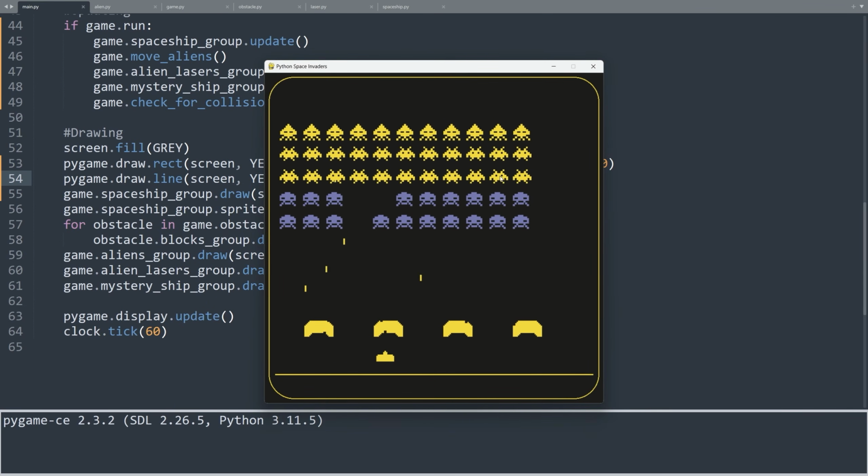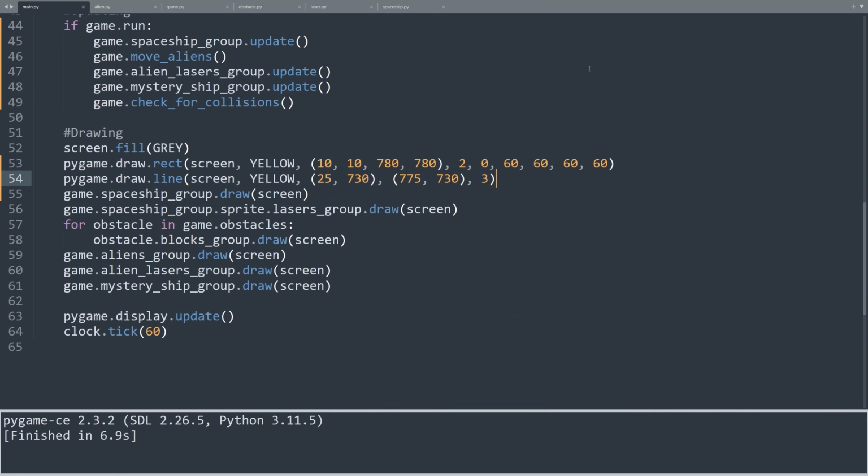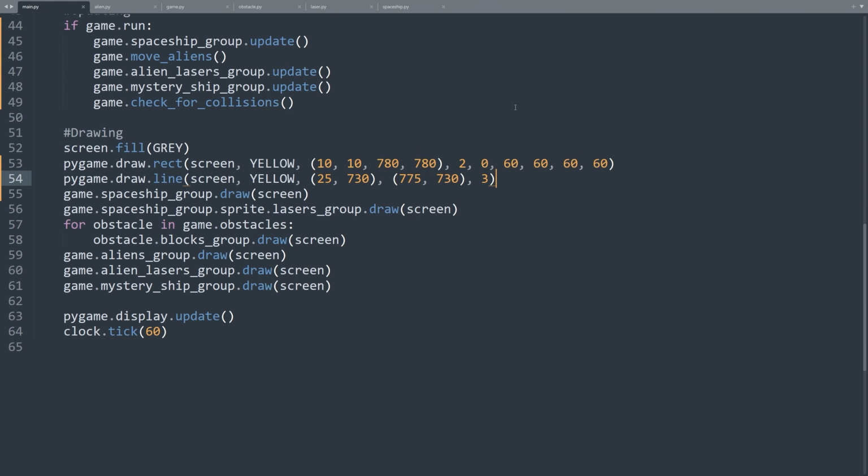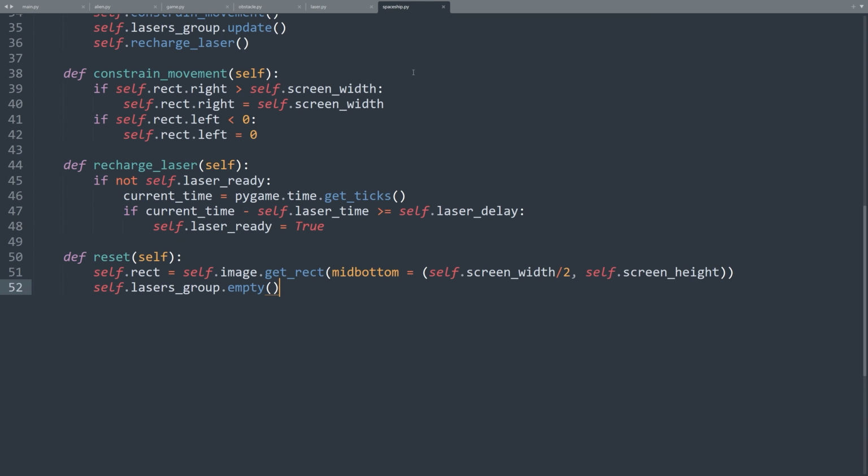Before adding some UI elements, let's fix an issue with our code so far. The game elements, the spaceship, the aliens, the obstacles, and so on, are drawn with the origin being at 0, 0. Now the origin point has moved to the right by 25 pixels, which is offset over 2 pixels. We need to fix the positioning of all the game objects. Let's start with the spaceship. Let's go to the spaceship class.